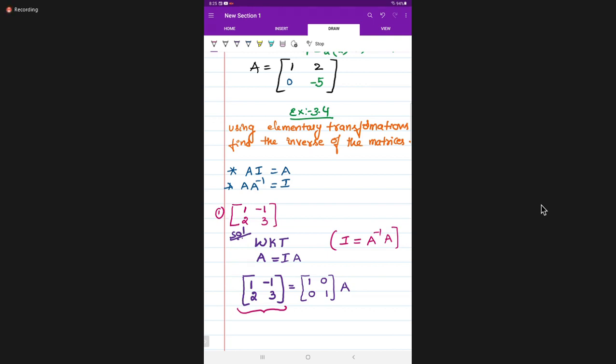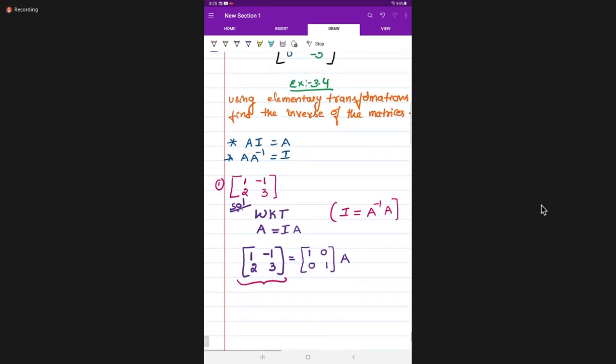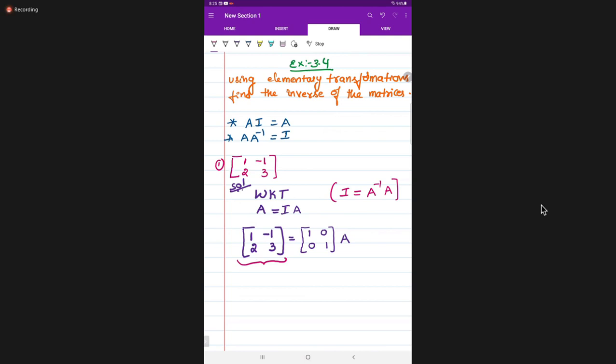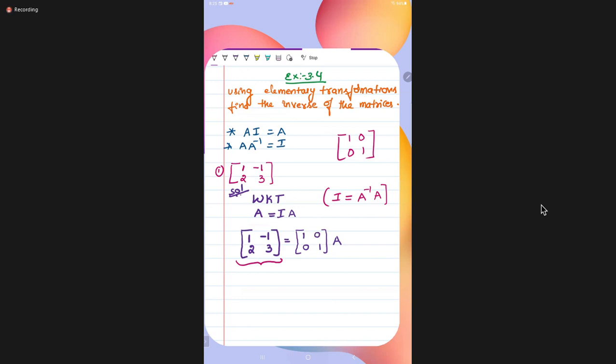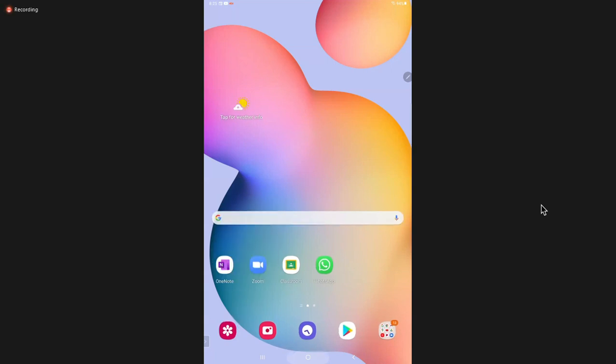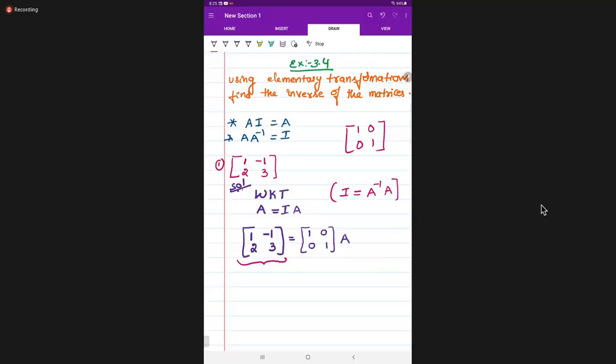Now I'm taking row operation. Students, this full matrix is converted into identity matrix, which means identity matrix is 1, 0, 0, 1. First of all, start with the second row first element. Students, every problem do like this only. Second row first element, what is there here?